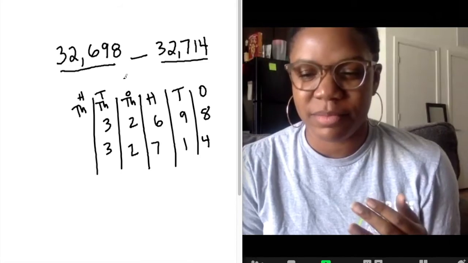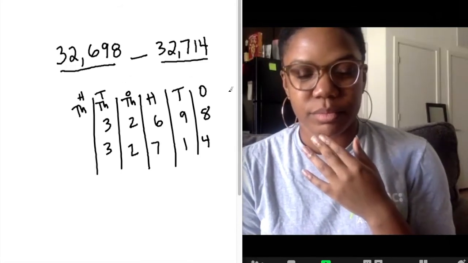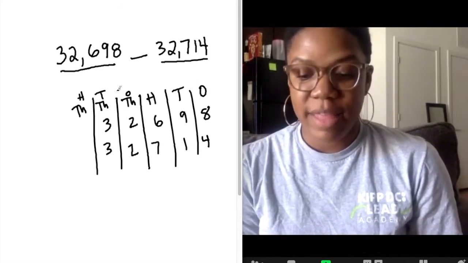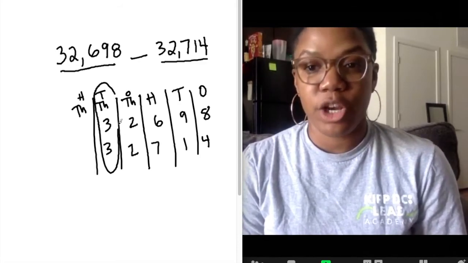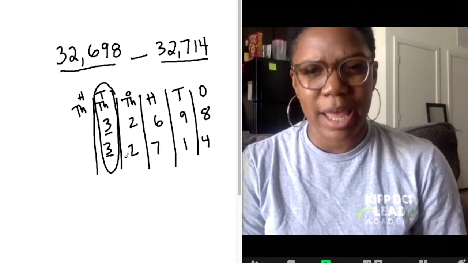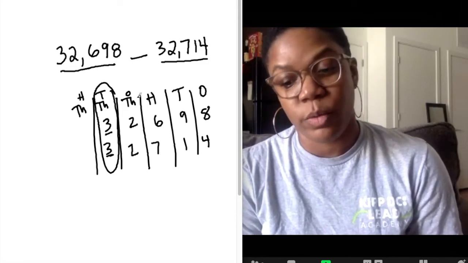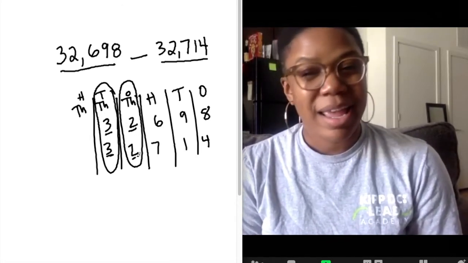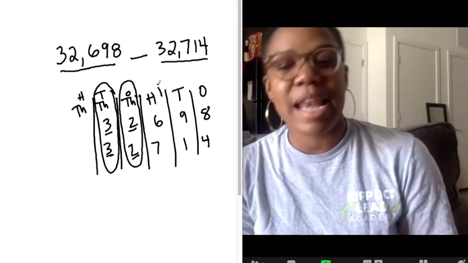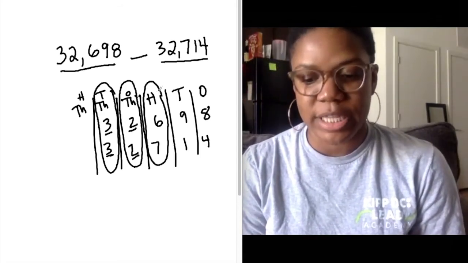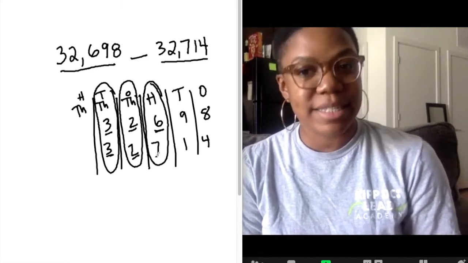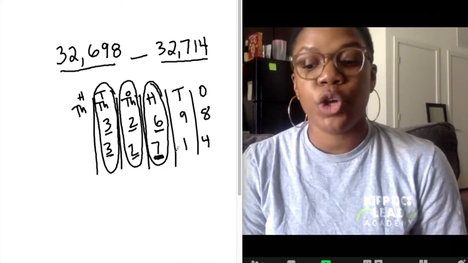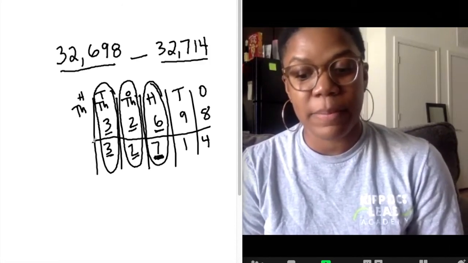I always start in the biggest place, which in this case is my 10,000s. I see a 3 in the 10,000s place and another 3 in the 10,000s place, and that's not really going to help me. So I'm going to go to the next biggest place value, which is my 1,000s. In my 1,000s, I see a 2 and another 2, and that still doesn't help me. So I go again to the next biggest place value, the hundreds. I see a 6 in the hundreds place and a 7 in the hundreds place. And I know that 700 is bigger than 600. So 32,714 must be greater than